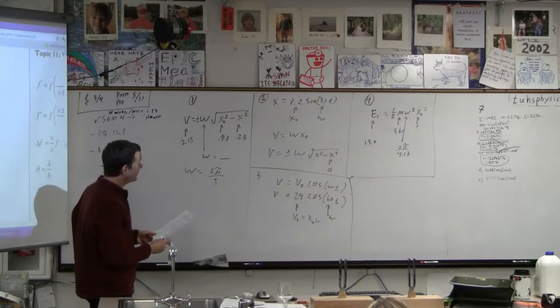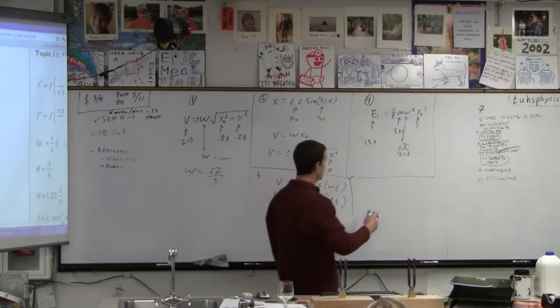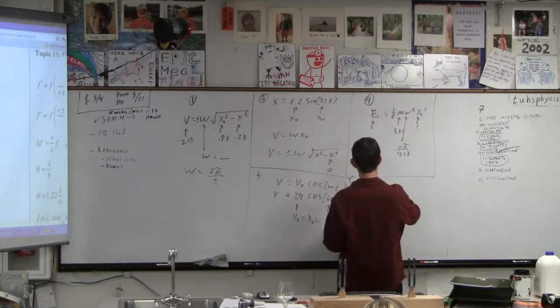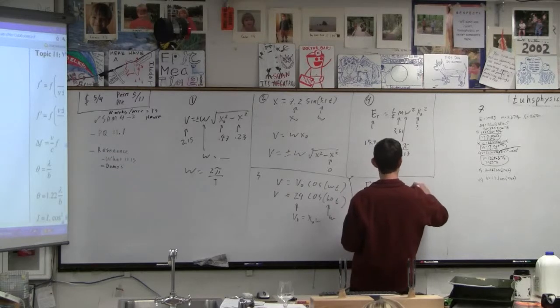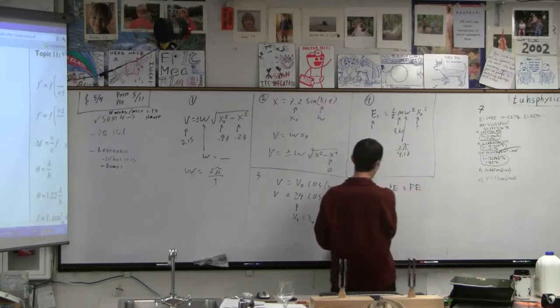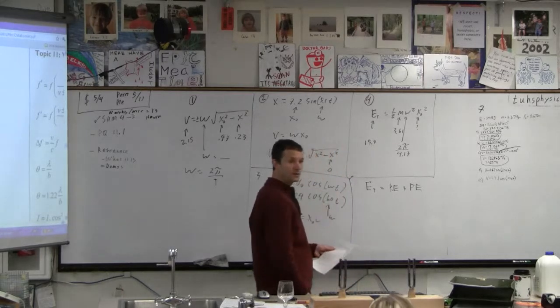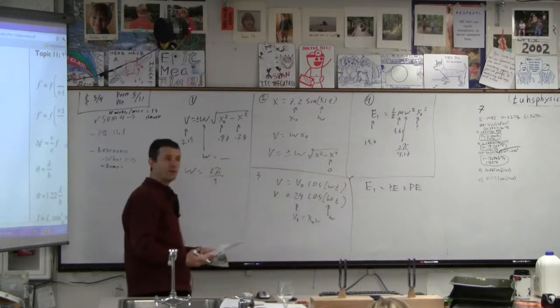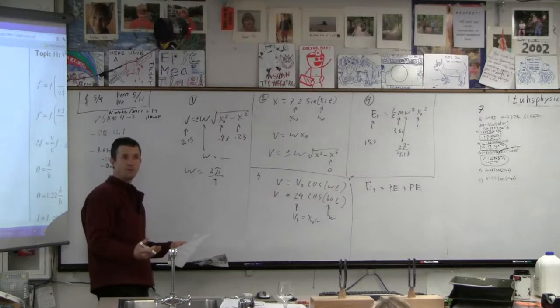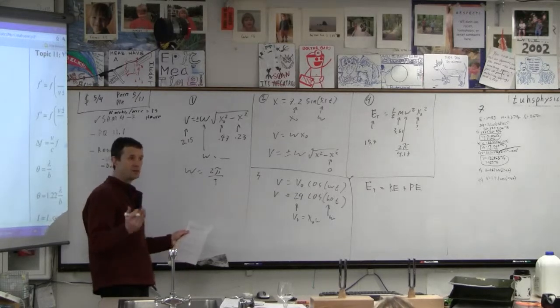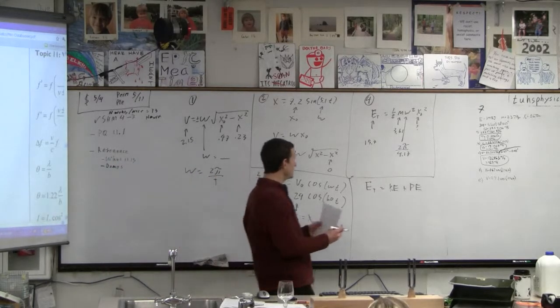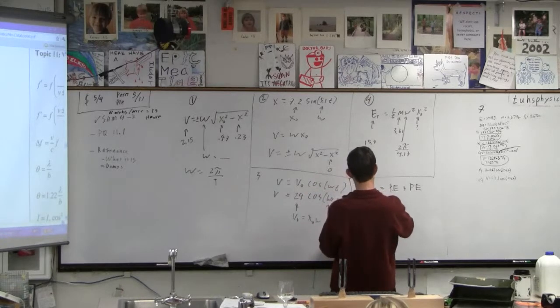And then 5, the clue I'll give you for 5 is to remember that the total energy is the kinetic energy plus the potential energy. So if this is 10 and the kinetic is 2, then the potential would be 8, right? And the sad thing is you don't have a formula for potential energy, correct? But you do have one for kinetic energy. So your kinetic energy is going to be 1/2, 1.83,